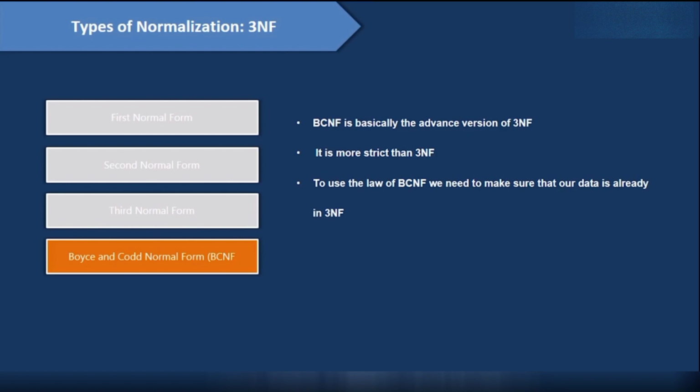So if you want to use normalization, again, you need to maintain the chain rule, right? So what's the chain rule basically? The chain rule is you start with first NF, then you maintain the first NF rule, then you go for using the second NF, and when you have applied all the rules for second NF, then you go for using third NF. And when you have already implemented your 3NF, then only you are allowed to go for using the BCNF rule to your